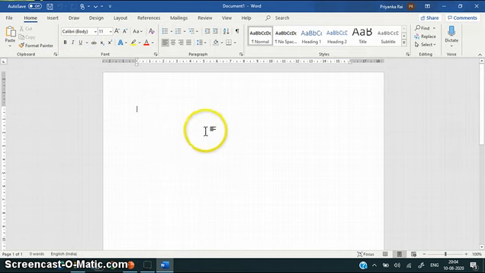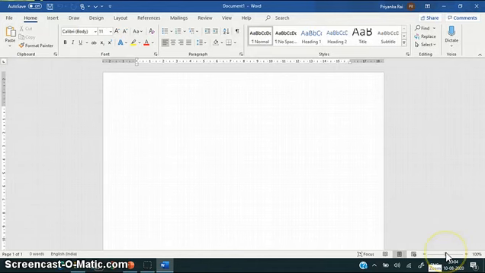Now this is your work area where you will type, and these are the different view buttons. This is the reading mode, this is the print layout mode, and this is the web layout mode. From here you can zoom in or zoom out your Word document. If you want to see the document at 75% scale, you can minimize the scale.